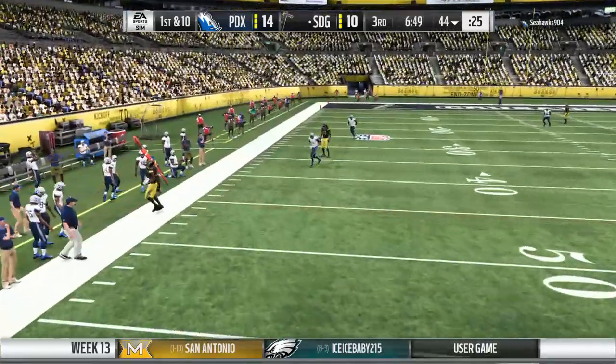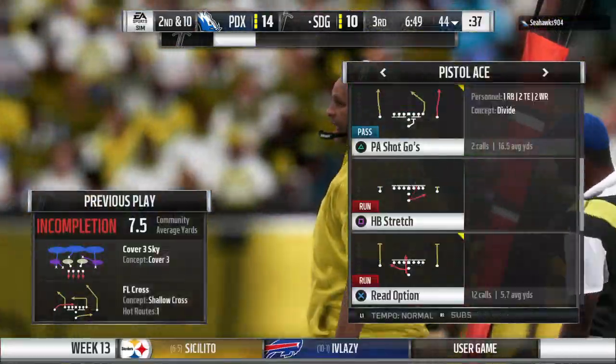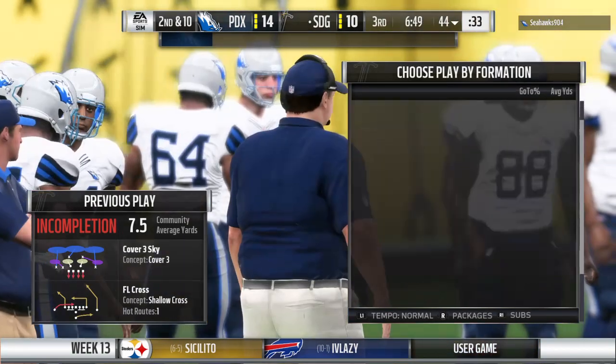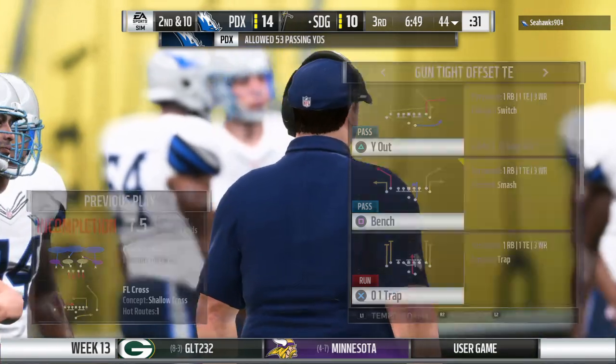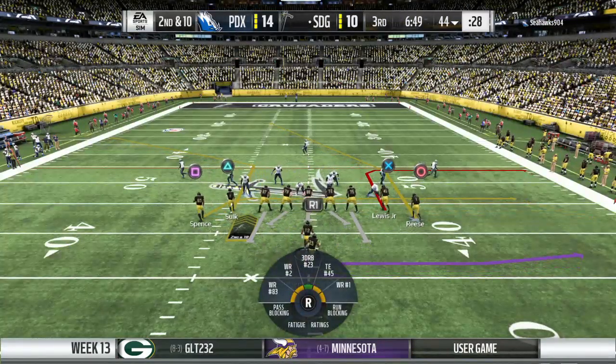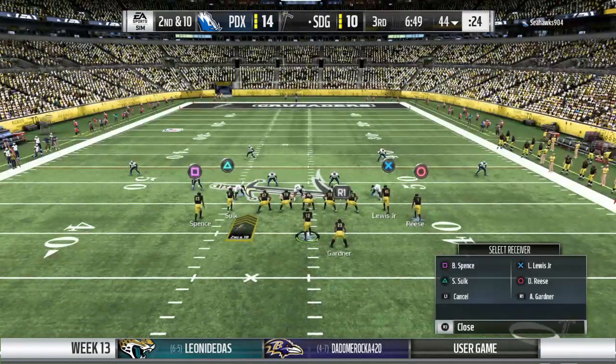Forced out to his left, and he whips that one incomplete there. Trying to get their tight end involved finally. That's the first time that they've looked his way. He's kind of been a forgotten man in this offensive scheme. Yeah, didn't look his way at all in the first half. And I'll bet you the offensive coordinator made a note at the half and said, let's get him involved because he could be a big-time playmaker for us. All right, now,